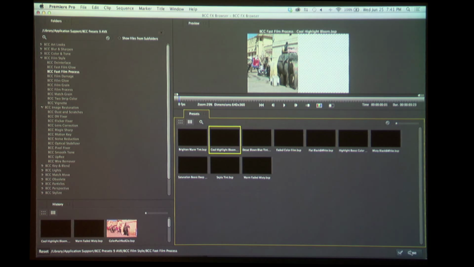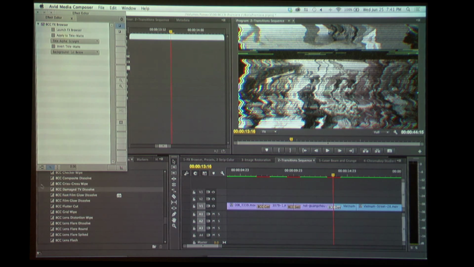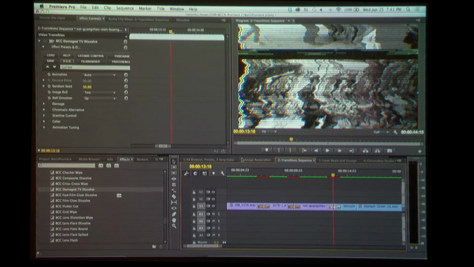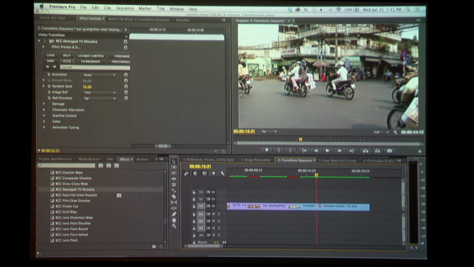Let's just see if we can close out of there. Okay, so I'm going to hop back to Avid now, and go back to the transitions, and then the last one that I wanted to show is the Flutter Cut. The Flutter Cut is something you may have seen before. Really, really hard to build